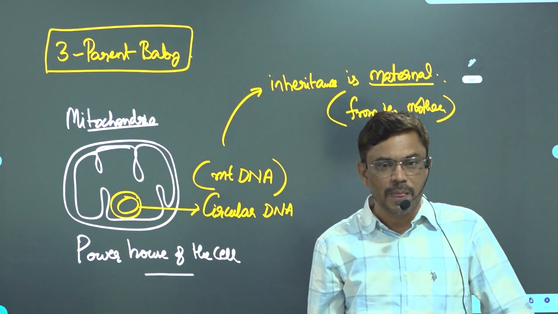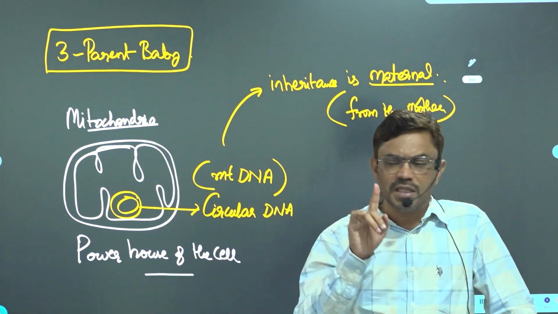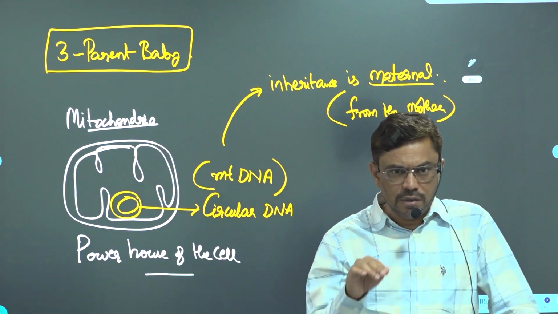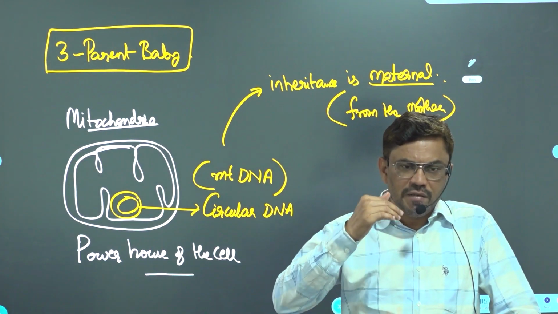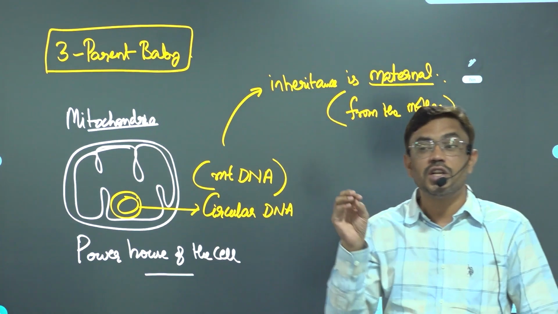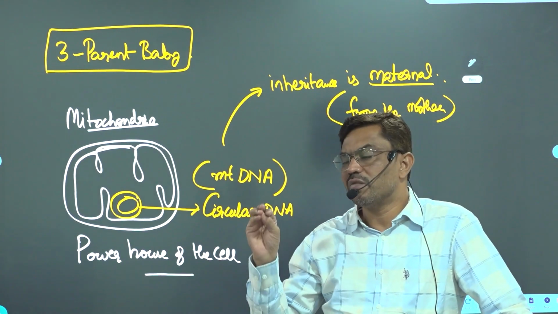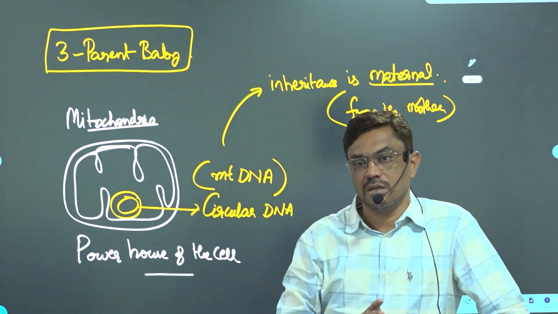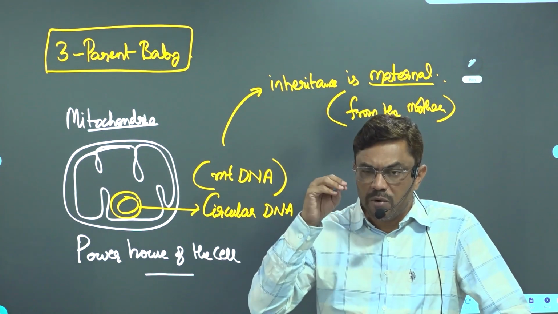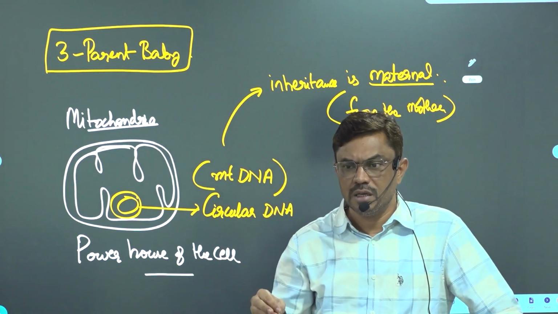Are you getting my point? Because it is inherited from the mother, it is maternal. If the mother's mitochondrial DNA is abnormal, then this abnormal DNA will be inherited to the children. The children may suffer with some metabolic abnormalities, some metabolic disorders, long-term disorders. Is it clear? In order to rectify these metabolic disorders, these mitochondrial abnormalities, that is, the